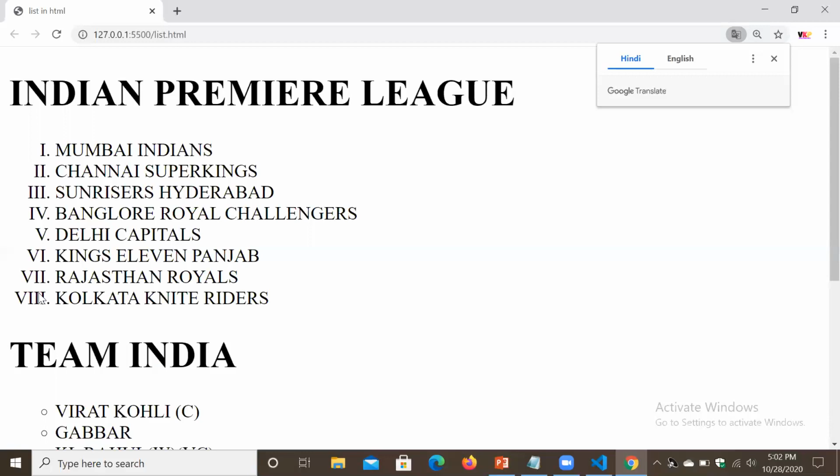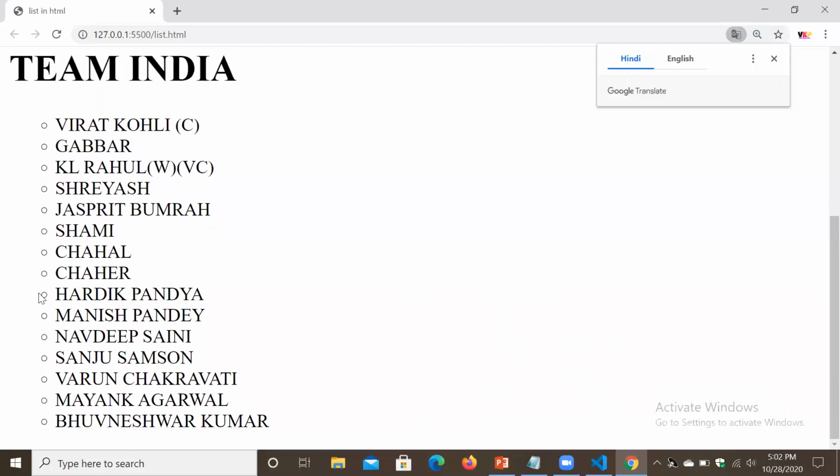For example, if you have a food restaurant website, you have to make the list of foods. That time we can go with the ul tag, ol tag, any kind. So this is simple but very important. Please practice this at home.